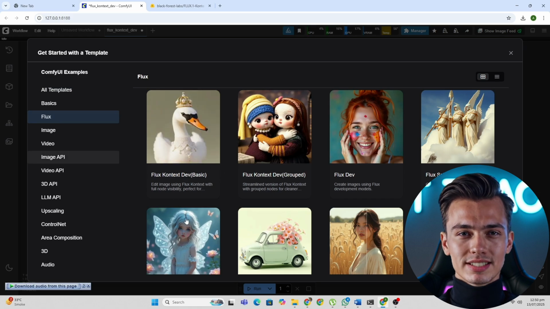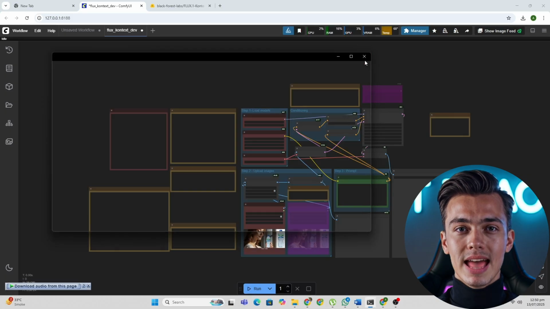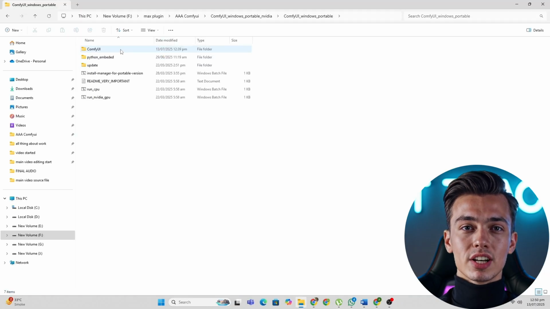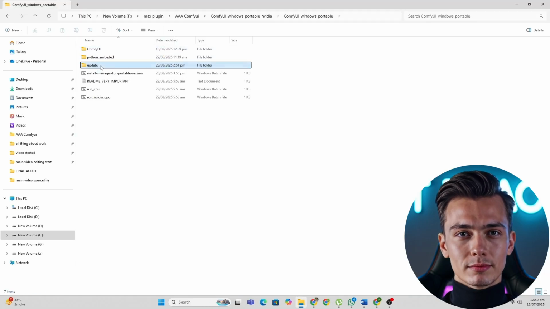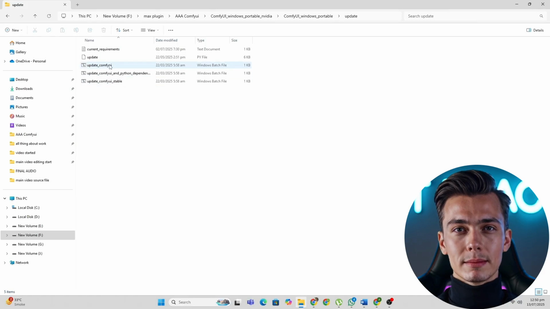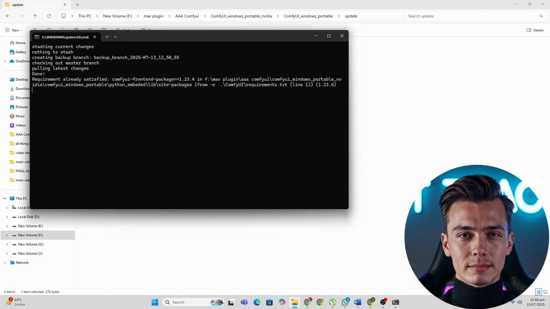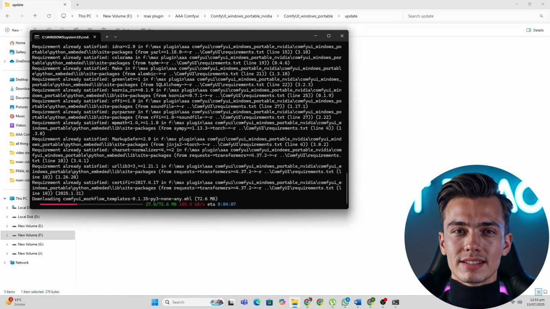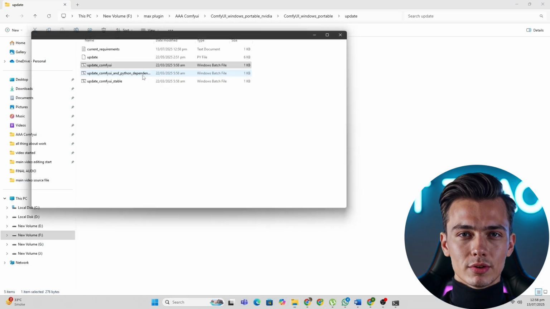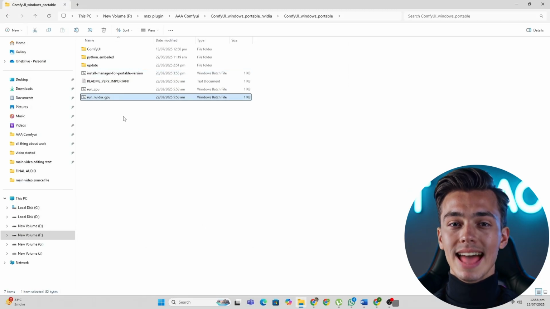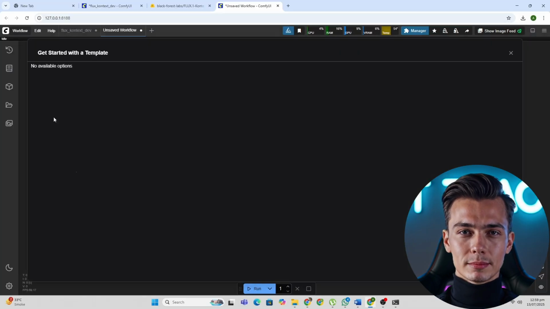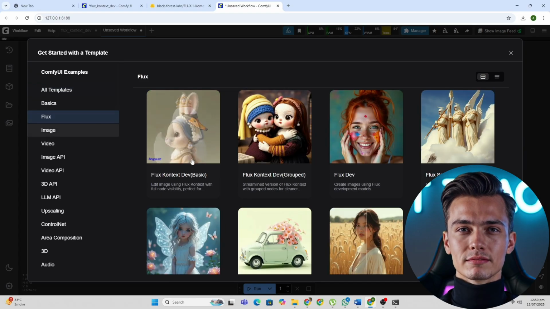If you did not see this option, close ComfyUI and navigate to your ComfyUI installation folder. Open the update folder and double click on the update ComfyUI file. Then press enter. After all updates are finished, close the command window. Reopen ComfyUI and navigate back to Browse Templates and then Flux. And now the Flux Kontext workflow should be available.